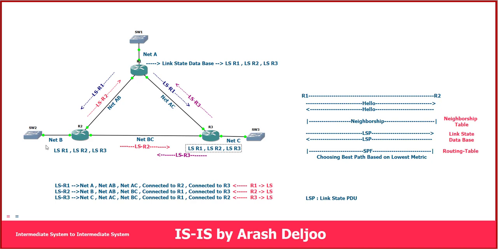Okay, I will talk about the details of this feature, but for now we can imagine that R1, after creating this map in its mind, can understand that the best path to reach net B is the path from R1 to R2 to net B. And when this path, for example, the link between net A and B, doesn't exist, for example, it failed or it doesn't exist originally, R1 knows that it can send traffic for net B toward R3, and R3 can send the traffic to R2. Okay, this means that when you have the map of